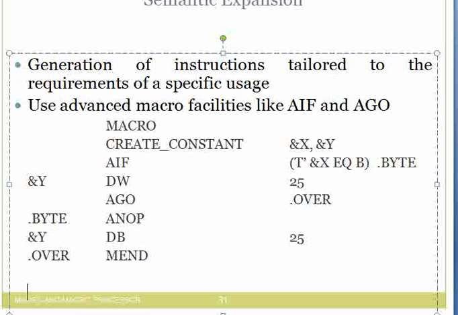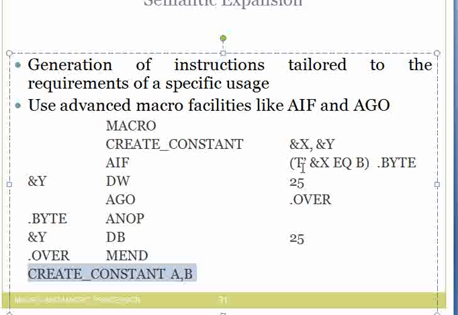Suppose I make the macro call create_constant a, b. When I make this macro call, x will take the value a and y will take the value b.